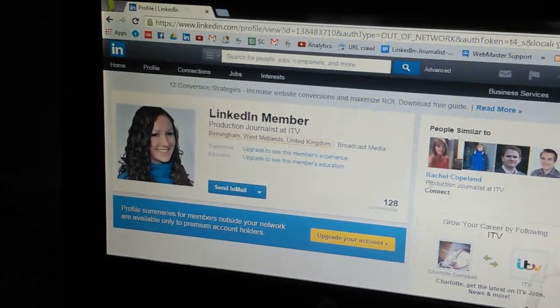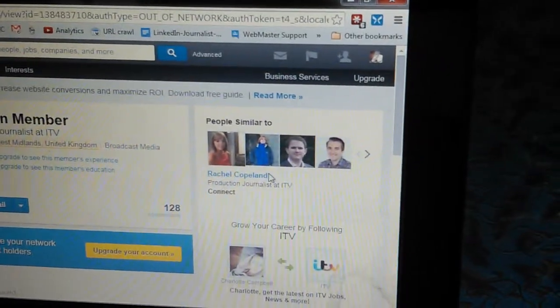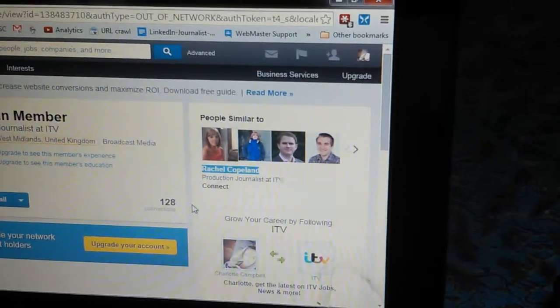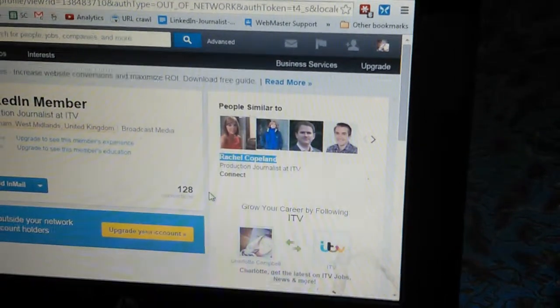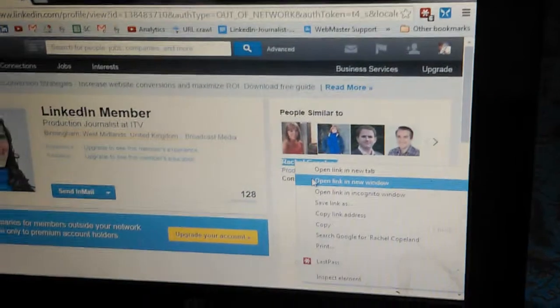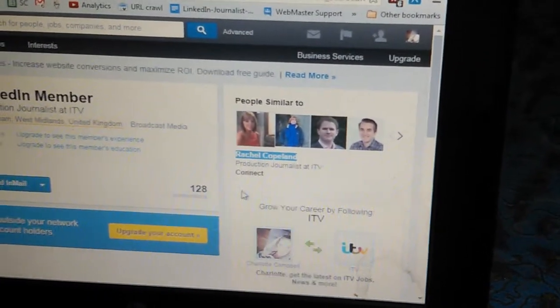profile. Now come to the right side of the profile page and copy the name. Over here it's Rachel Copeland. Do a Control C over there rather than clicking the mouse and doing a copy, which is going to consume more time.